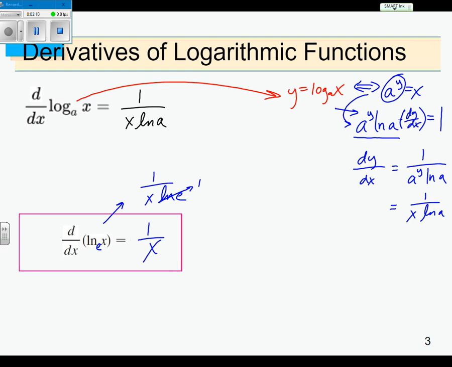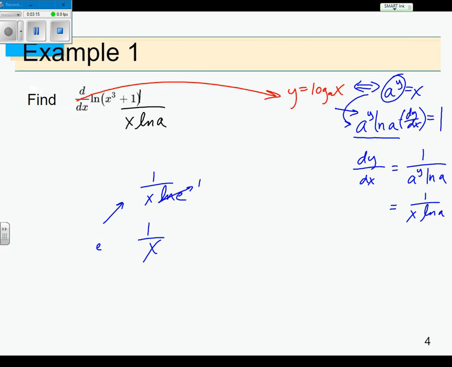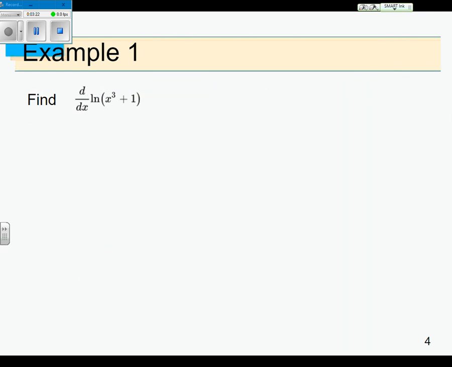So we can use this idea with derivatives of log functions, along with other differentiation rules we've learned in this chapter. Just keep expanding to whatever we need to take the derivative of. So, taking the derivative of natural log of x cubed plus 1. I'm going to go ahead and burst your bubble. I'm probably not going to ask you just to take the derivative of the natural log of x. I'm going to have it so you take the derivative of natural log of a function of x. So we're going to have a lot of chain rules on this,